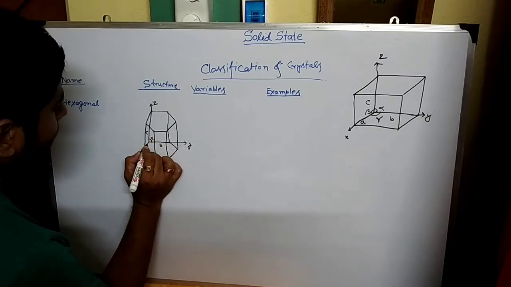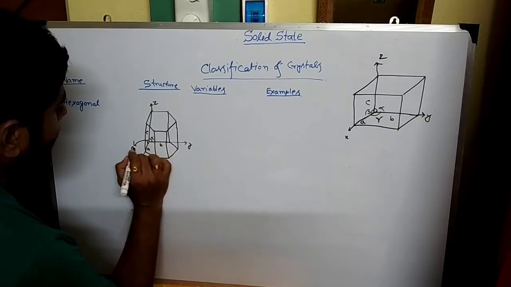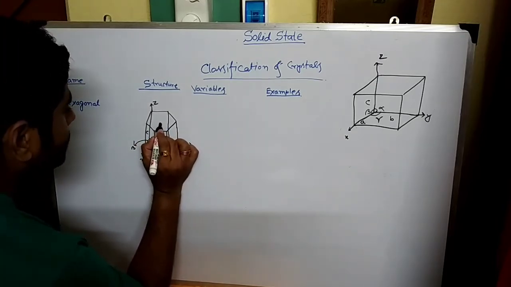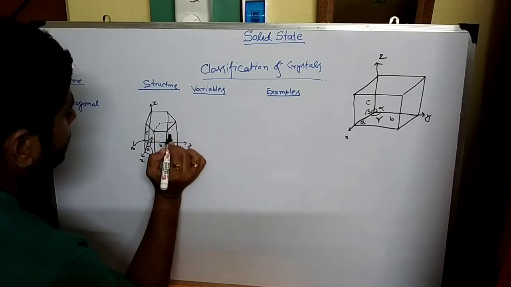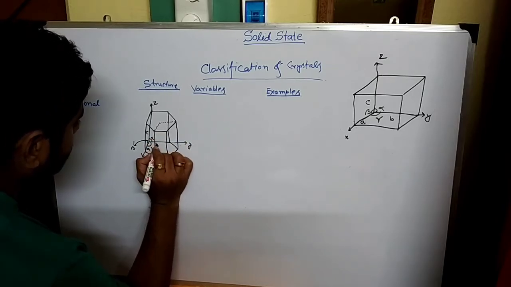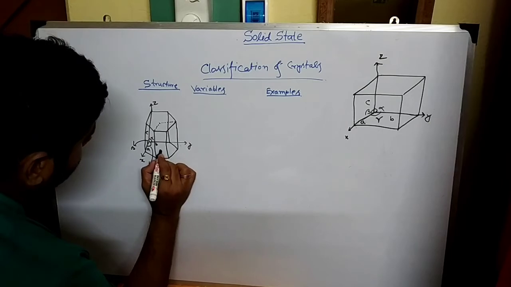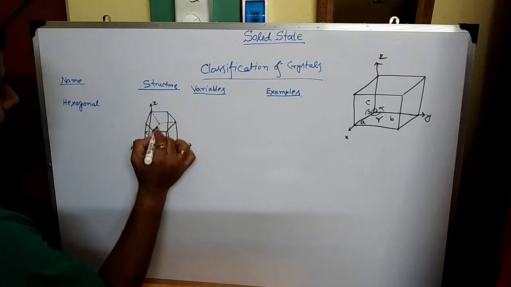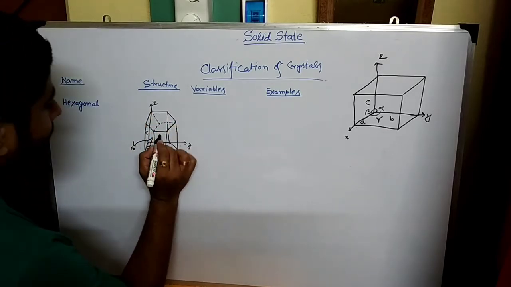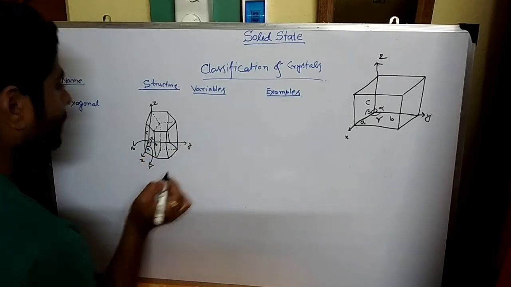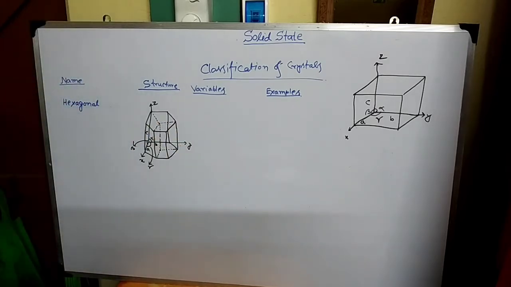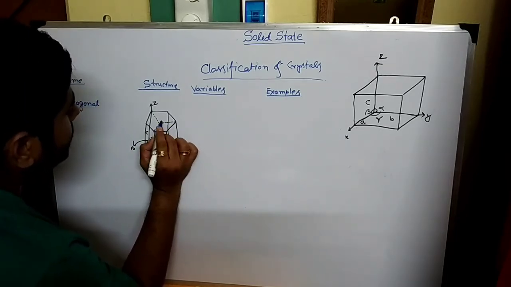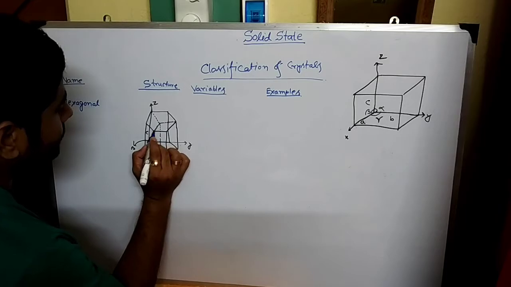Crystallographic angles: this is alpha, this is beta, and this is gamma. It is actually composed of 3 hexagonal units. What are those? Let us have a look. So 1 hexagonal unit, 2 hexagonal, and this is the third one. So it is giving the dotted structure. I am trying to present it with a different color, in blue color,